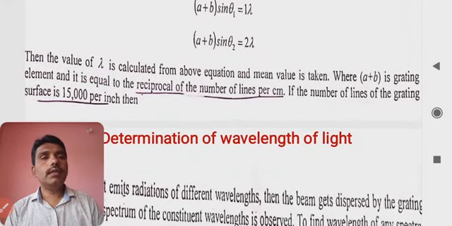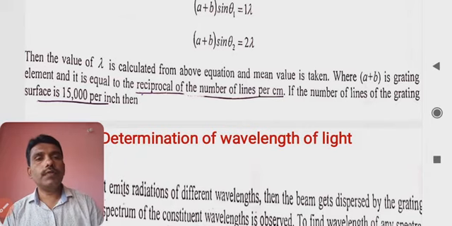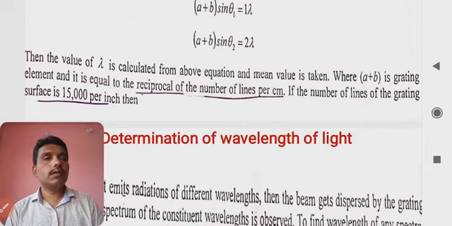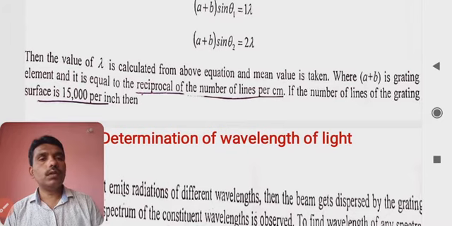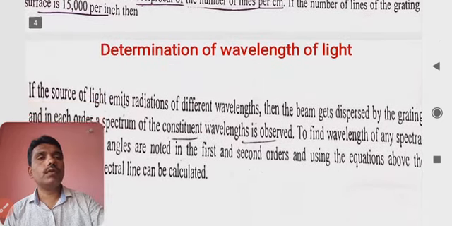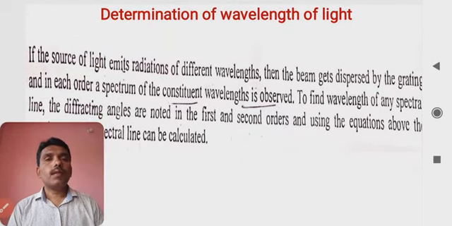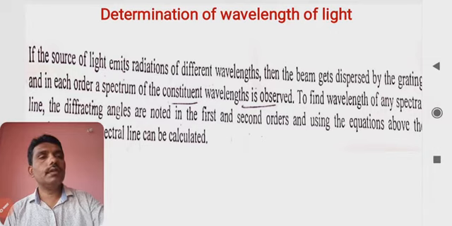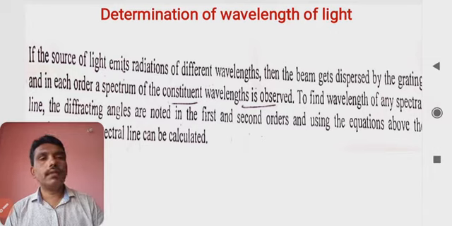the grating element and is equal to the reciprocal of the number of lines per inch, and in this way we can basically calculate lambda. If the number of lines is 15,000 per inch, then according to that, 1 upon 15,000, the reciprocal of that will be giving us the values for the calculation. Now if the source of light emits radiation of different wavelengths, then the beam gets dispersed by the